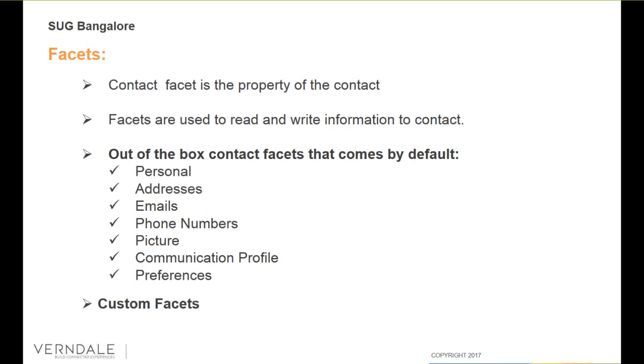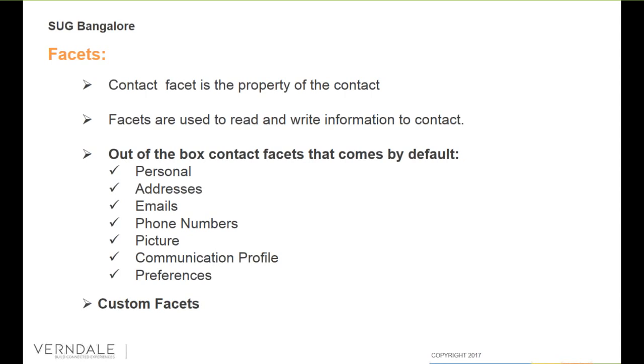Let's say we want to add some information about their browsing history, or their hobbies, or anything specific, like their unique identification number. We can actually extend our Mongo there, and we can extend it by means of custom facets. We can create custom facets, and we can integrate them on top of our